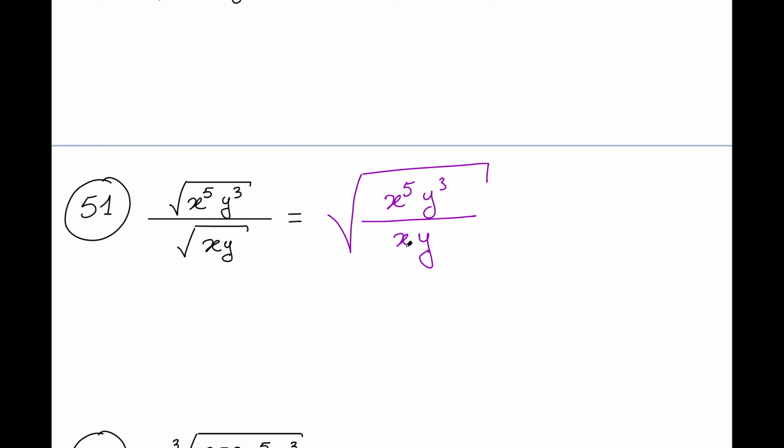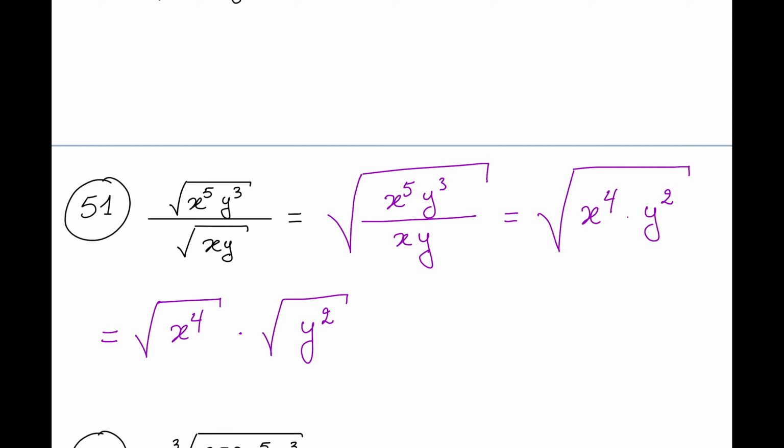Okay. Now inside the umbrella, let's simplify. x^5 divided by x is x to power 4, and y cubed divided by y is y squared. Okay, so this becomes the square root of x^4 times the square root of y squared. What's this guy? Well, this is the absolute value of y. And what is this guy? Well,